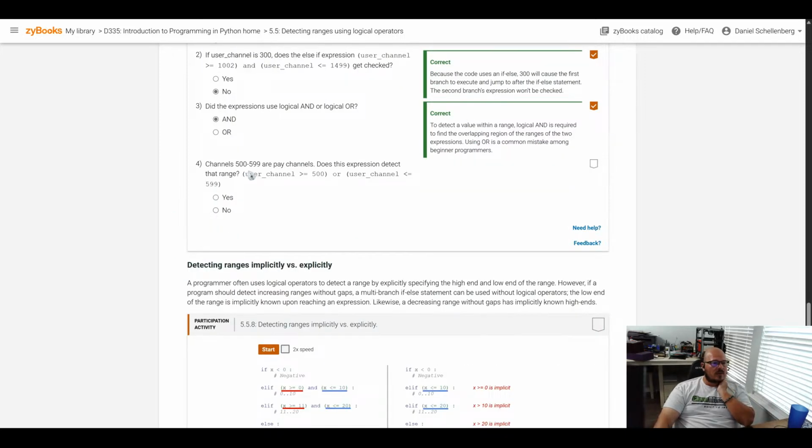Channels 500 to 559 are pay channels. Does this expression detect that range? User channel is greater than 500 or greater than or equal to 500 or